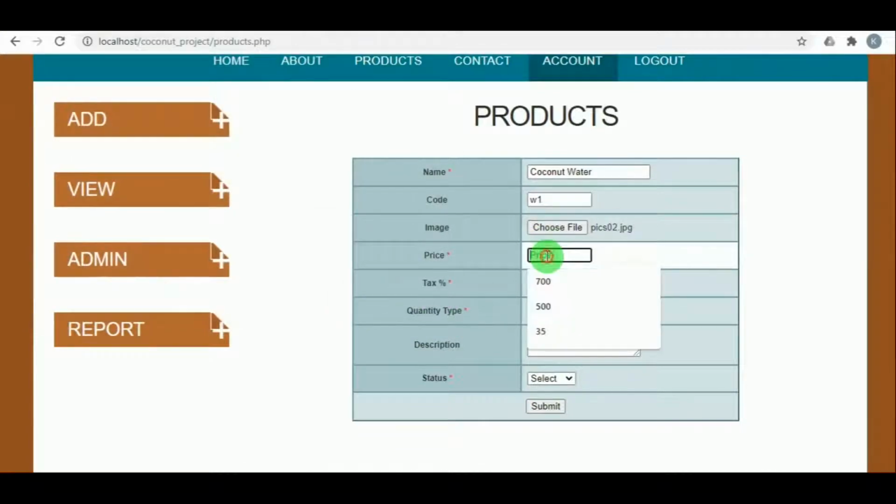Then the selling price of that particular product must be mentioned, and along with that tax must also be mentioned. Then the quantity type must be mentioned, and the description should be given.